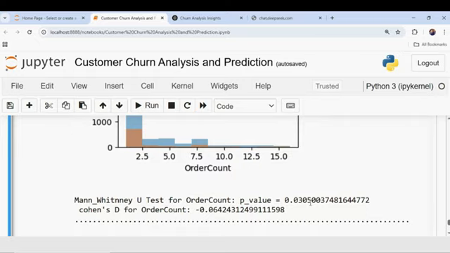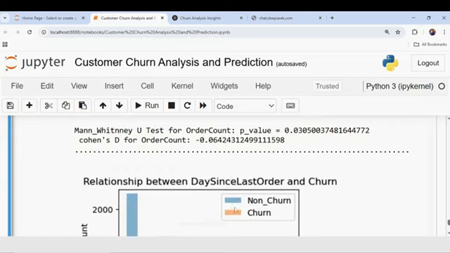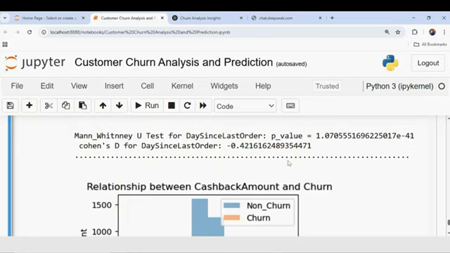And order count, statistically important, but the effect size is about minus 0.06, and the minus tells us that the greater the order count, the less likely we are going to have churners, which is good, and it makes sense. The more the people buy, the less you are likely to have churners, negative signs. So this makes sense. Then since last day order,